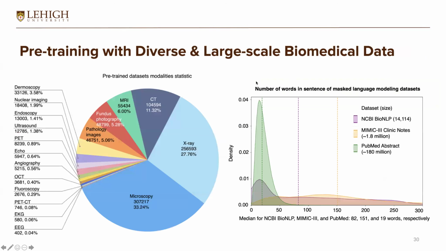Something else I would like to get your attention on is the data. We paid tons of attention and lots of effort to the data collection. Our team spent at least 2 months, or even more, collecting really comprehensive data, including images. In this figure you see the data distributions, from 33,000 down to a few hundred images, but also very huge data in NLP, including BioNLP, PubMed, Maker, and the MIMIC-III clinical notes.